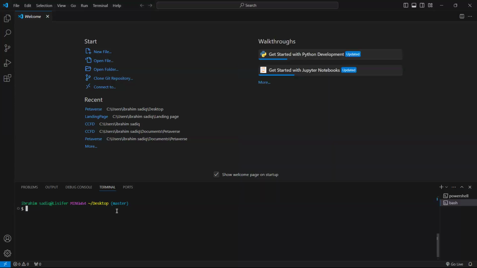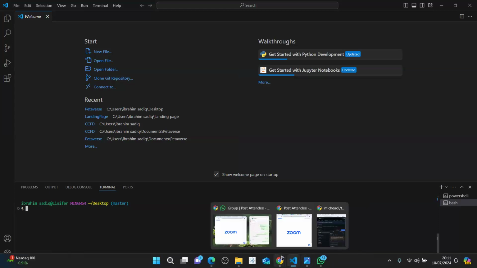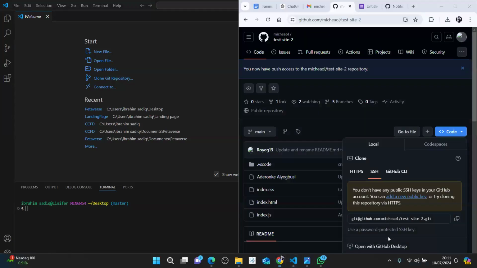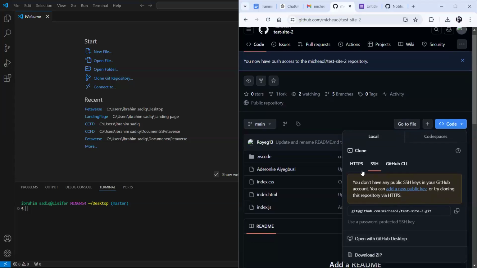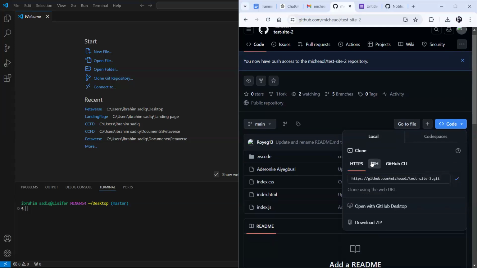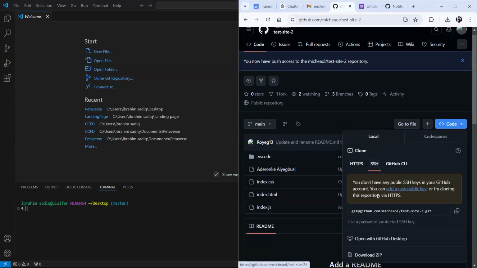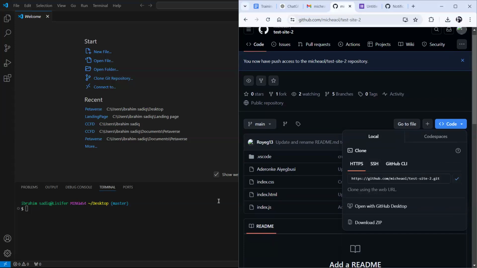Okay. Yes. See, go back there. It's saying you don't have any public something. So that means you didn't do that correctly. You might have to repeat that task. You don't have any public SSH key in your GitHub. So let's use HTTPS. All of you that are claiming that you have set up your SSH, you see, this is actually exposing you. So copy the HTTPS. You have to go through that tutorial and ensure that you set it up again. Okay. All right.